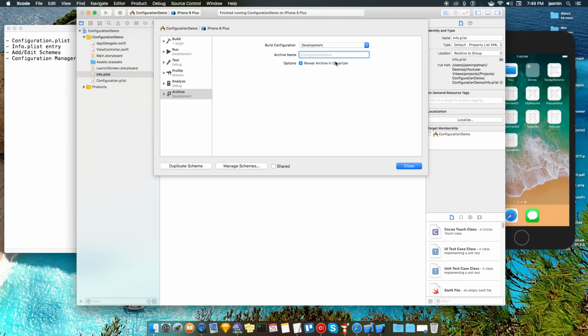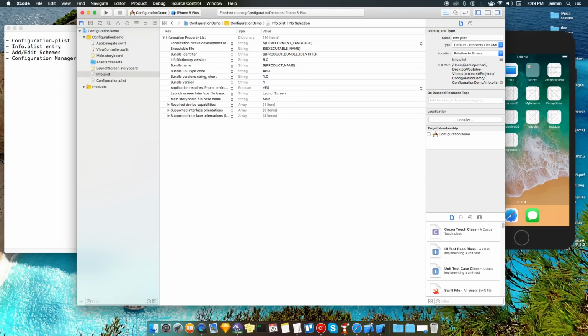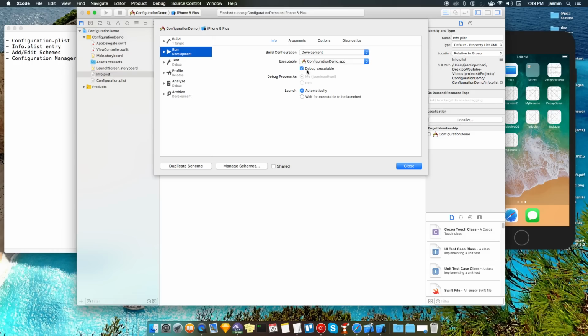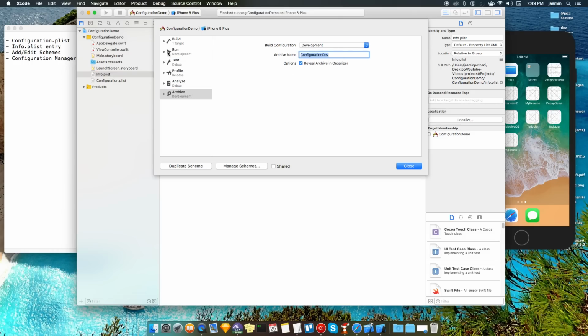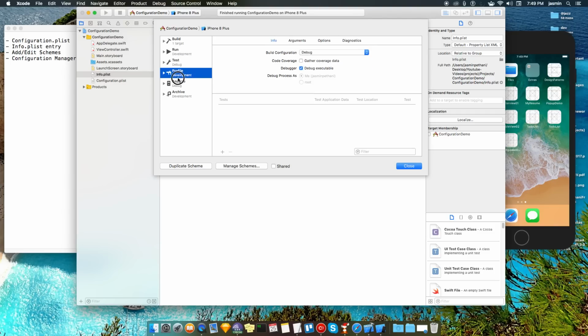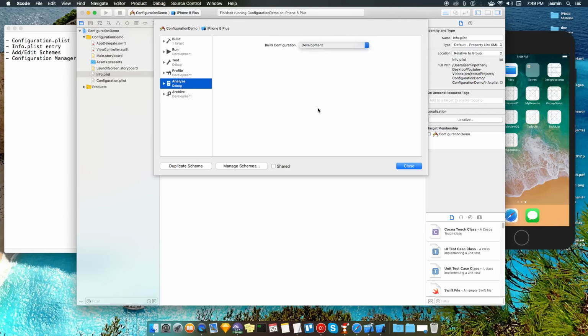We can give a name for the development application, like configuration underscore demo or development. Whenever we archive, the name will automatically be given to the configuration tab, and profiling and analyzing all go to these.